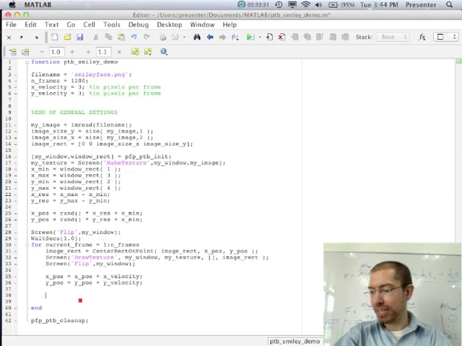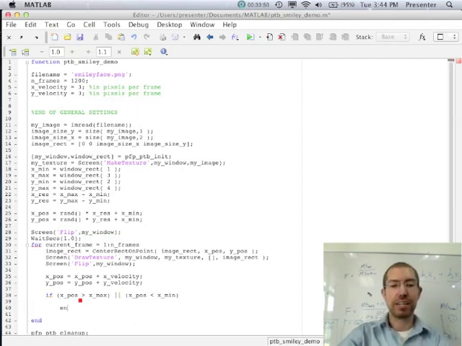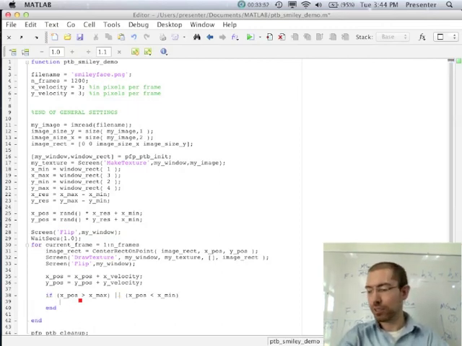So we could say something like, if X pos is greater than X max, and if we're really smart we can do this all in one if statement, or X position is less than X min. That means if the position goes off the screen in either the left or right direction,